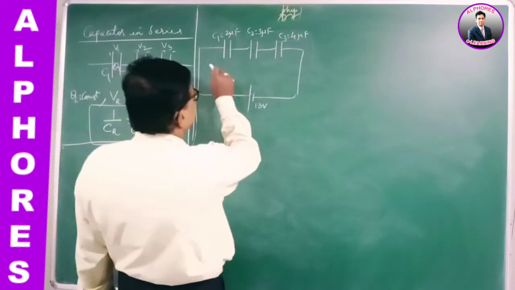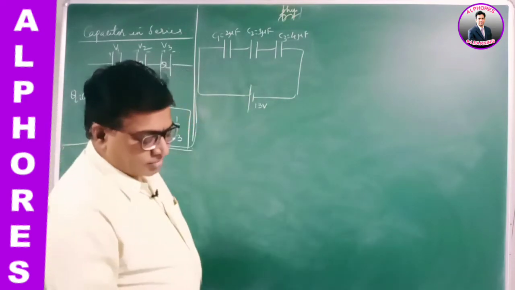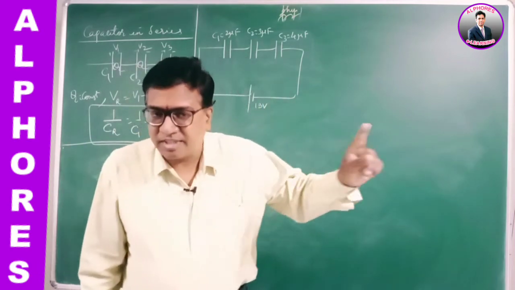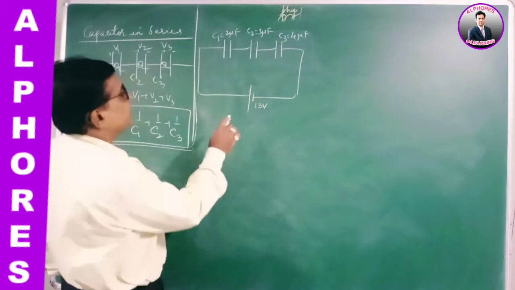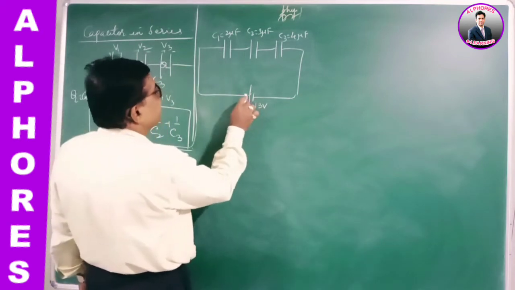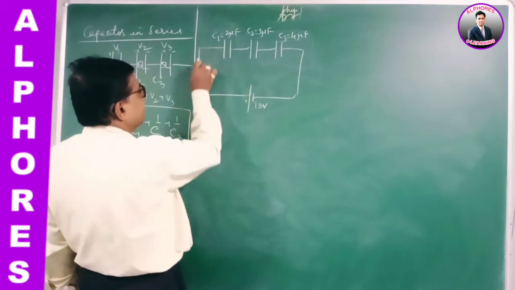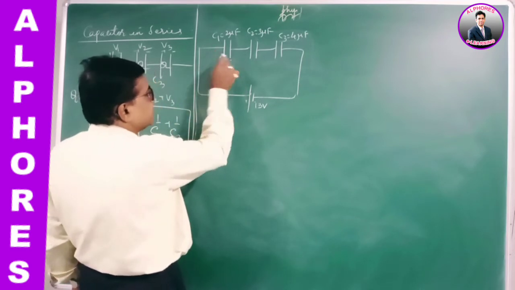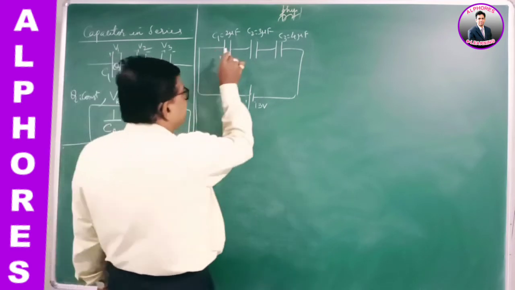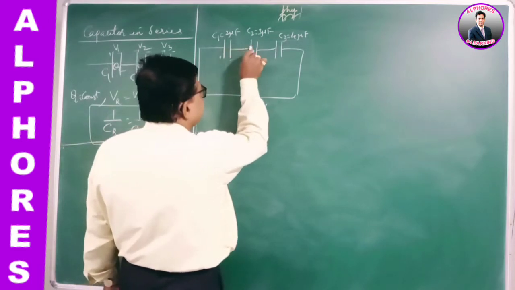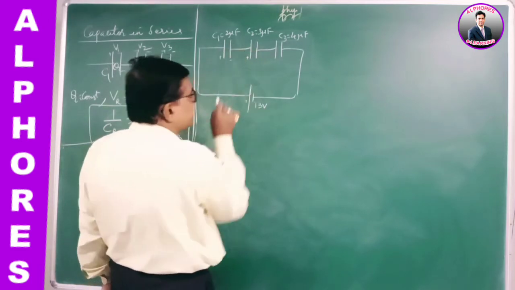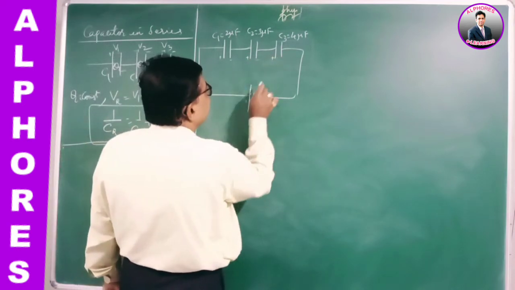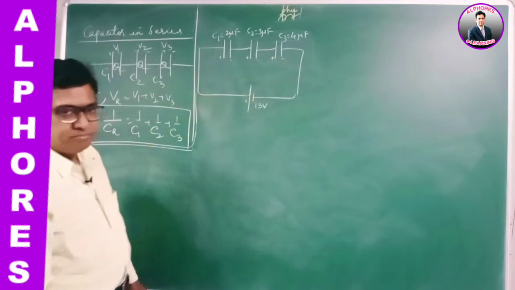Now, the capacitors are connected in series. Whenever capacitors are in series, opposite terminals are joined together. To the positive terminal of the battery, this plate is connected, so it gets plus. It's at higher potential, so this one will be at lower potential. This lower potential plate is connected to the higher potential plate of the next one, so this is minus, plus, and this minus is connected to this.